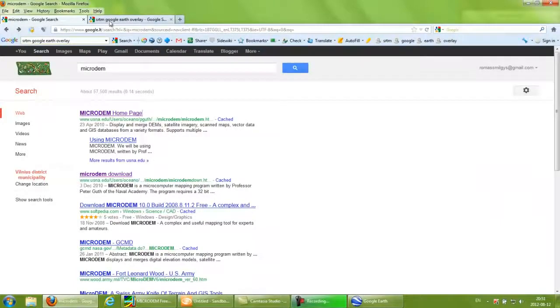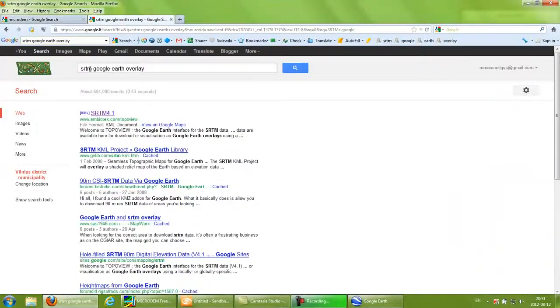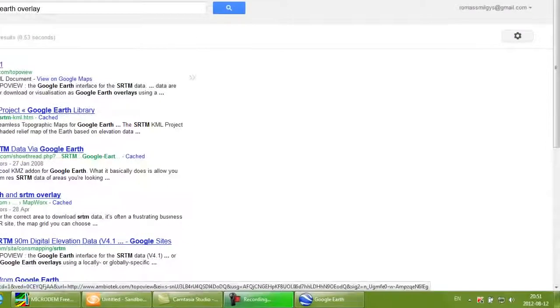It is called SRTM Google Earth Overlay. So let's just type it into the Google search field, and you can see the first URL address called Ambiotech, and just clicking it,